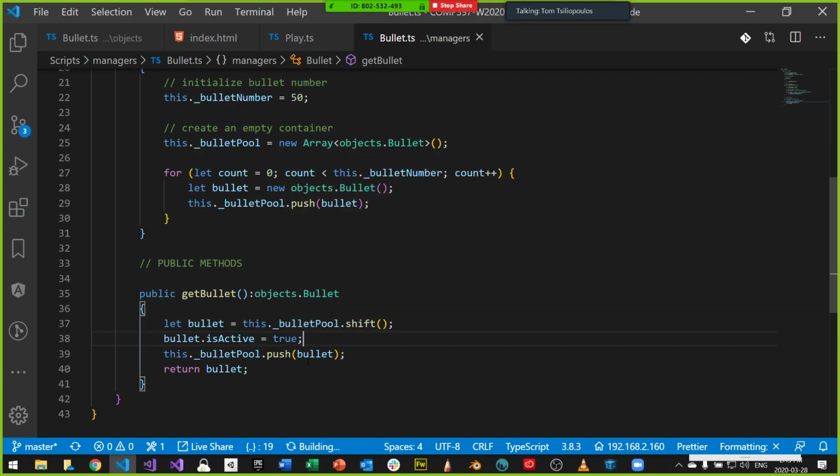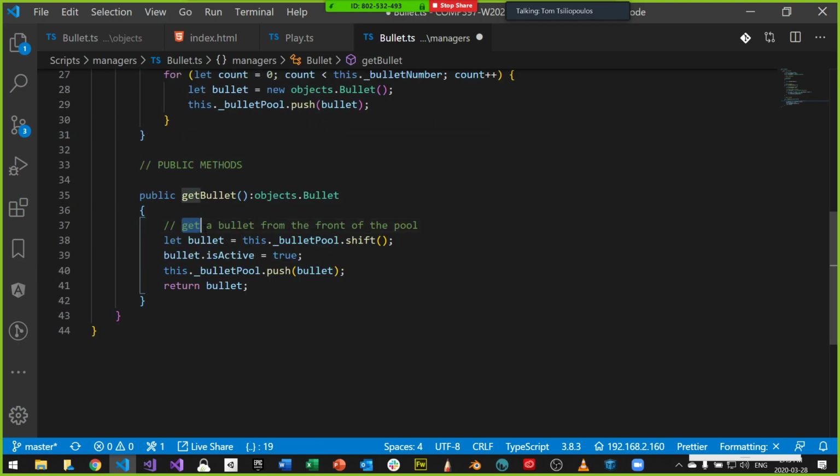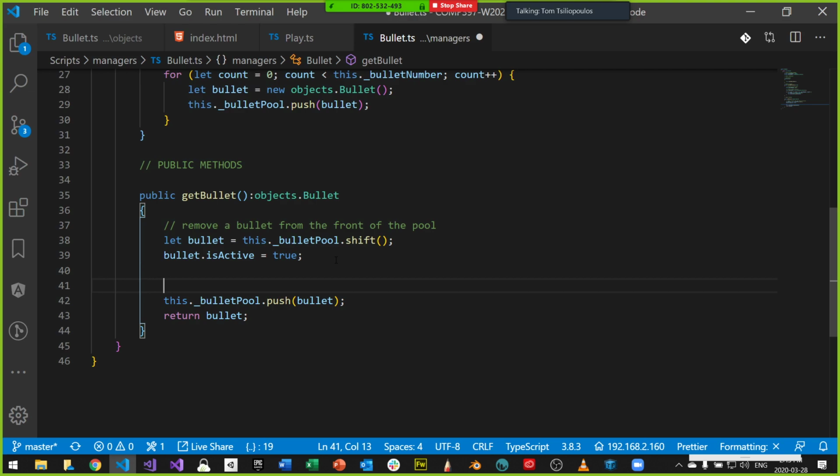Push the bullet back onto the pool, but at the back of the pool. So this gets a bullet from the front of the pool, and when I say move, I mean remove. Remove a bullet from the front of the pool, set it to active, and then push it to the back of the pool.